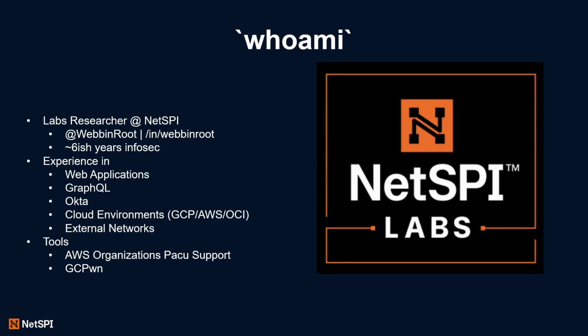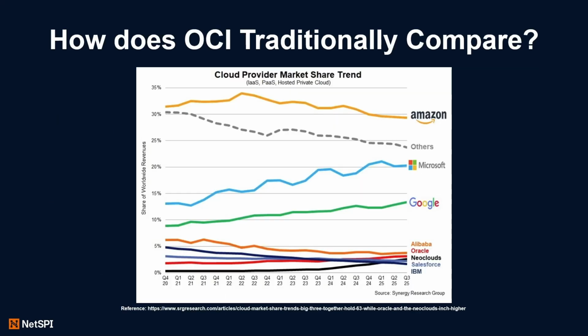So switching gears to OCI, right, or Oracle Cloud, one of the biggest things I always ask myself when watching a presentation or having to give a talk about the presentation is, like, why should we care, right? Like, why is this important? So the graph shown below pretty much aligns with what you'll see in most graphs, in that if you look at cloud providers who have most of the market share, almost every graph is going to tell you that it's Amazon AWS, Microsoft Azure, and Google GCP, right? Those are kind of the big three. Any graph you look at, those are going to have the highest market share.